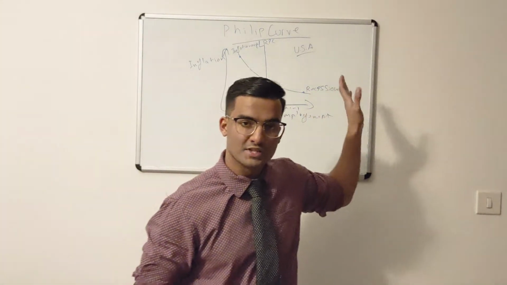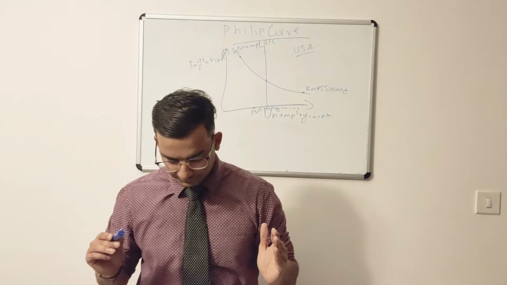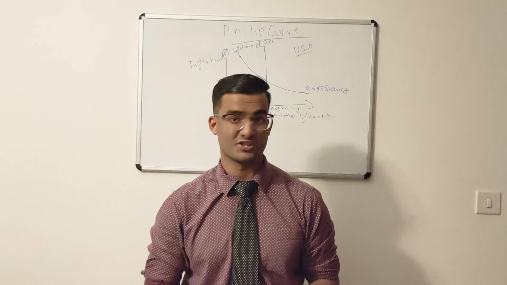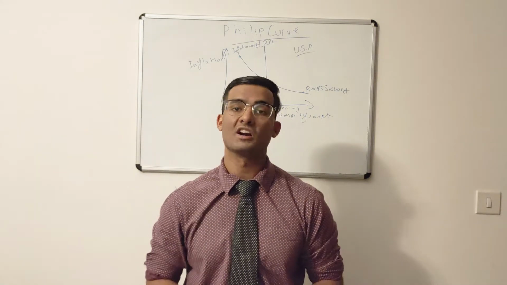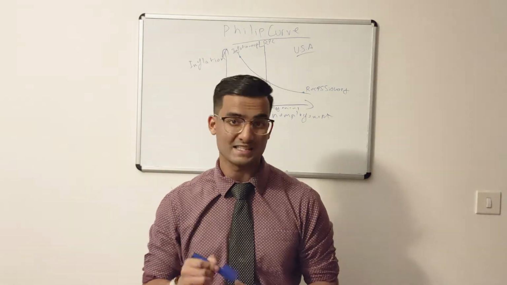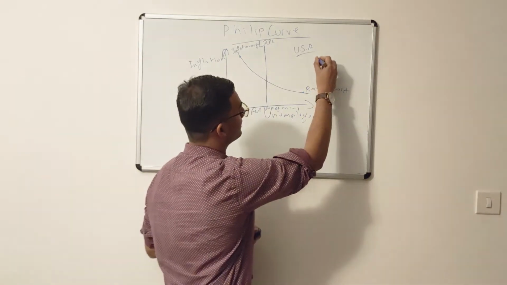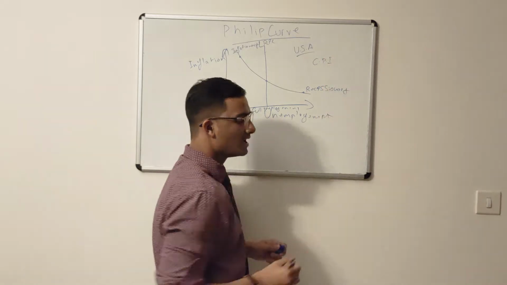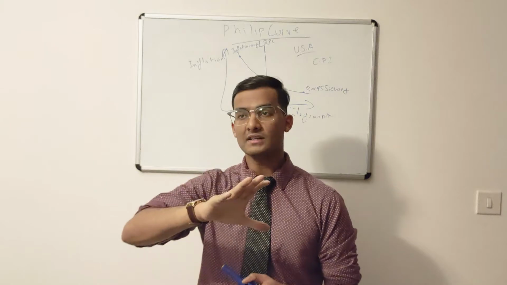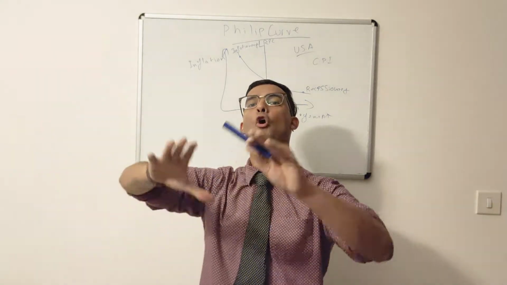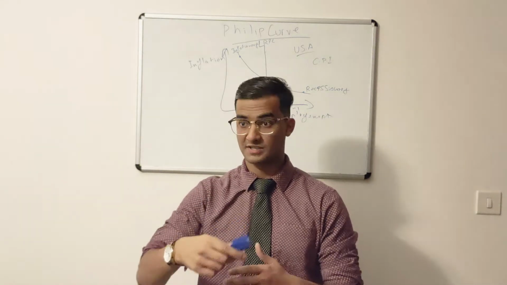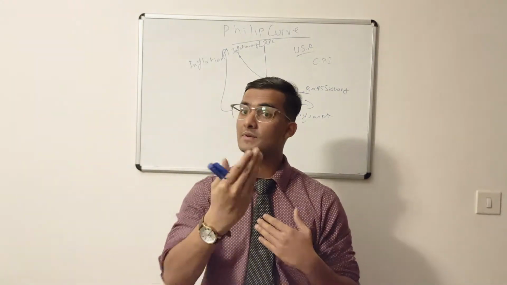Okay, now the USA. What are the economic indicators by which we gauge inflation? There are many economic indicators, but one of my favorites is the CPI. CPI basically means your Consumer Price Index, okay? CPI. Now, what CPI basically means is the market value, the final value of all the goods and services being sold over a period of time, which is basically being bought by the very consumers, you and me